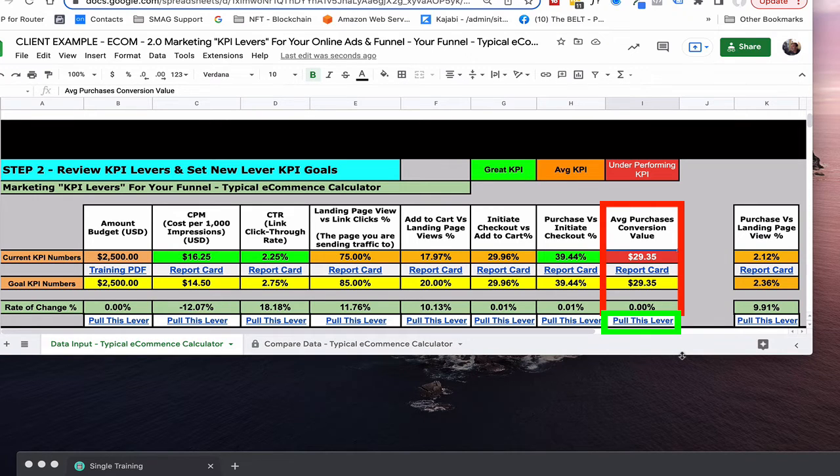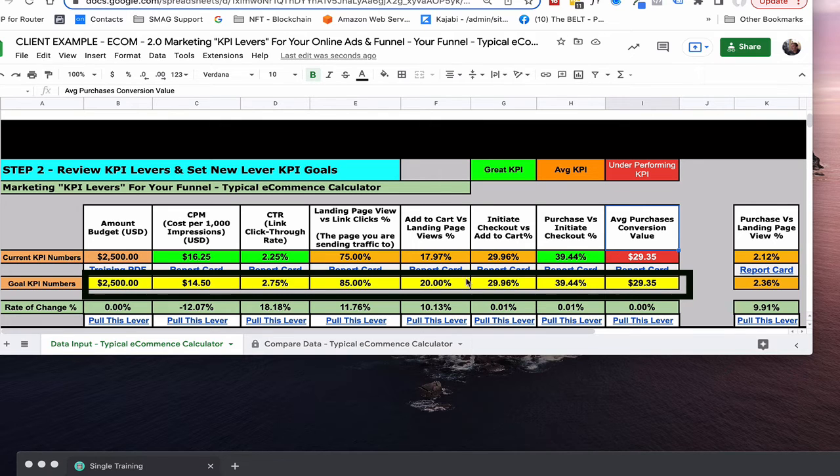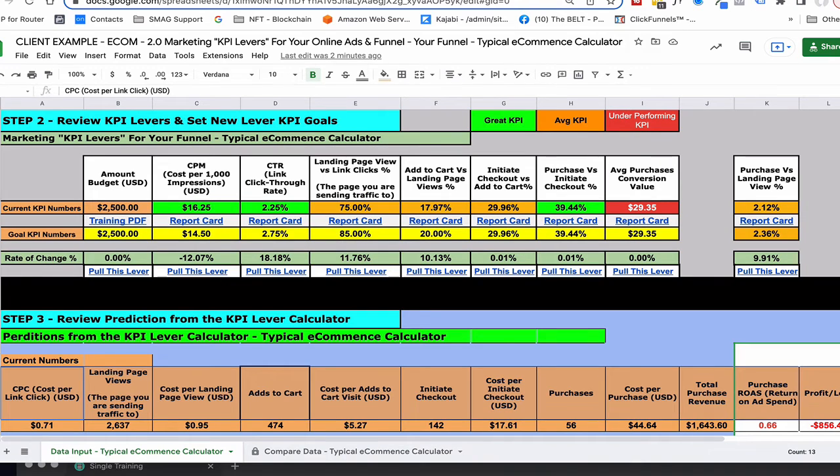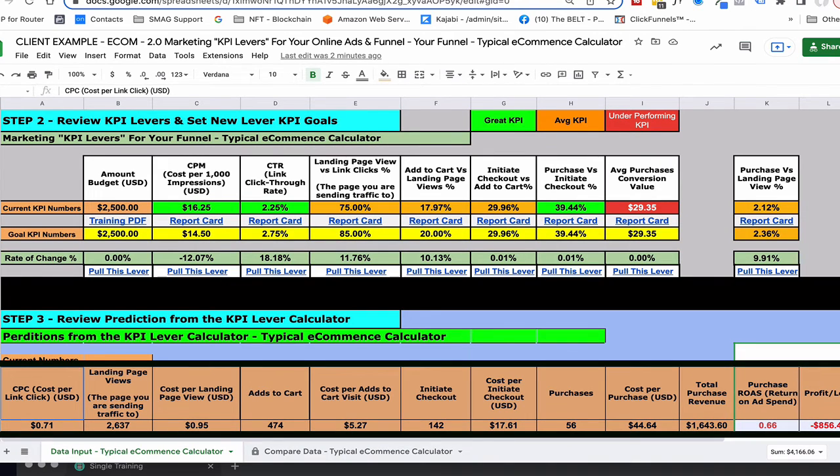But here's what I want to show you. All the numbers that we've entered in, we now have a plan for our goal KPIs. So what we're going to do is look at the next part of the Advertiser's Fix Finder tool, and essentially we're going to start to see what numbers we should really be spending time with. So what happens is when we scroll down to step number 3, now all the numbers that you see down here, all these orange numbers right here,